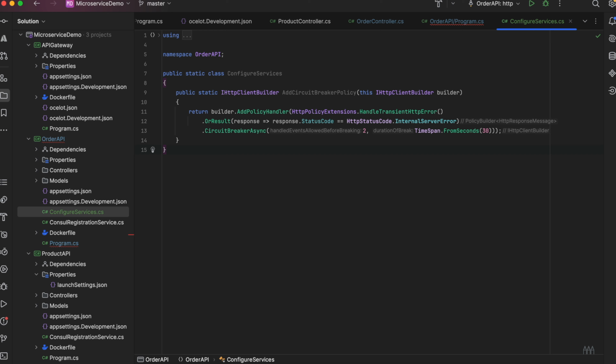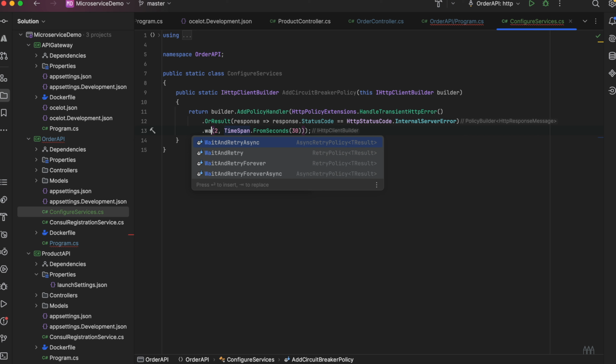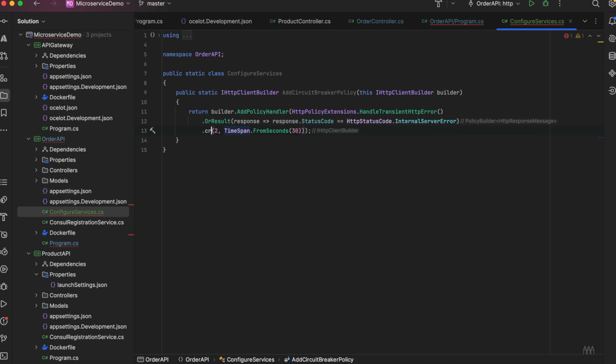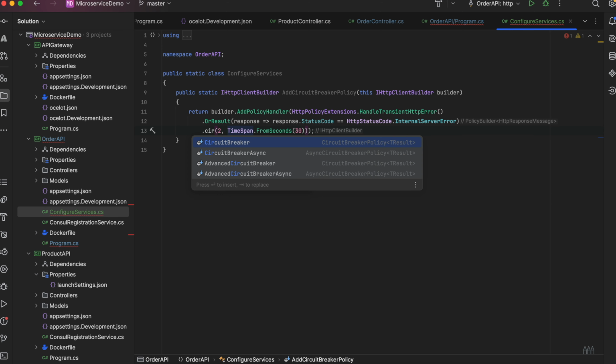One more thing here. When we handle the transient error for the 501, we can implement the circuit breaker policy, or we can implement the WaitAndRetryAsync method. The 501 could occur whenever we are not able to make the connection with the other microservice, or there is a network failure or some error has occurred. As long as we are getting the 501, we can use the WaitAndRetryAsync policy. But for now, we are using CircuitBreakerAsync.